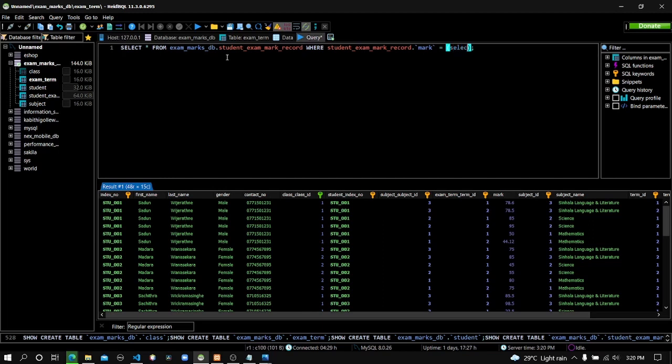Select. We are going to feed the ID into this table and find the marks of the first term test. Let me change this one. This should be changed to the term ID, so term ID, exam term ID,